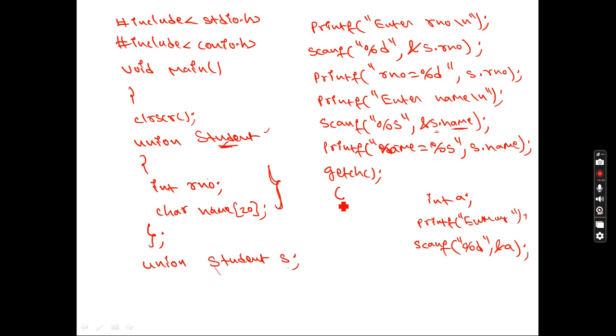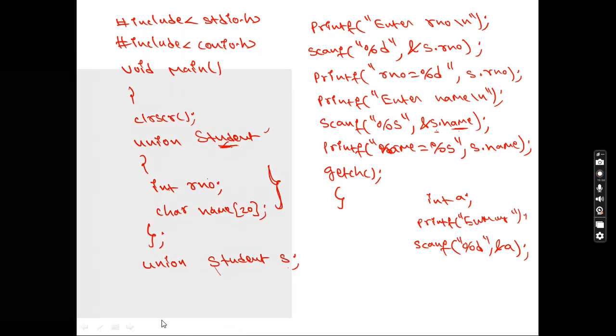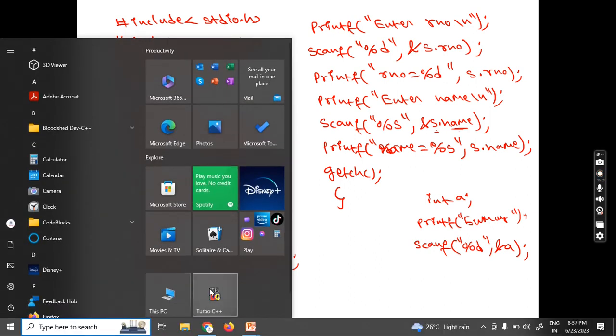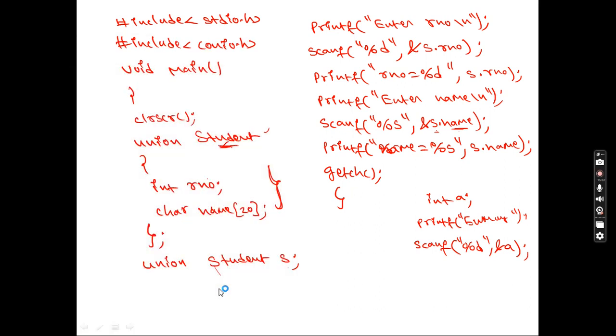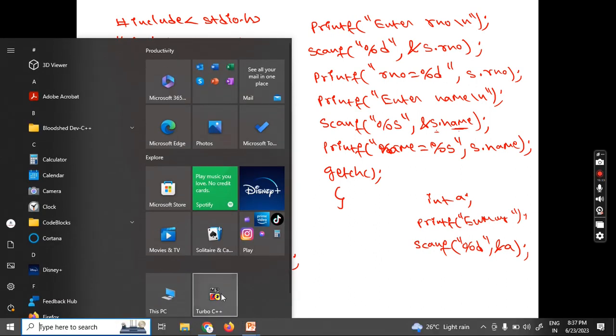So the same thing I'm going to show you as a practical concept. Once you do this program, I'm opening the Turbo C software, and within two more minutes I will be completing this concept. It is very important. In the next video will be the difference between structure and union. In the final exam you will compulsorily get one question, either on structure or union, or the difference between them. One question you will get in the exam. So please